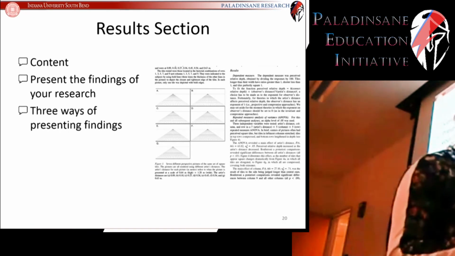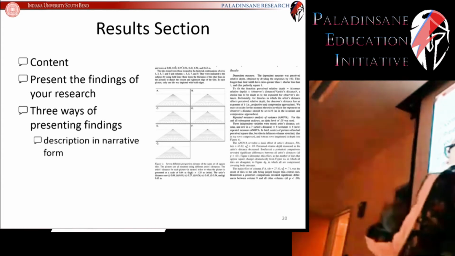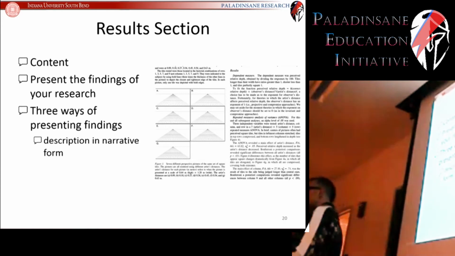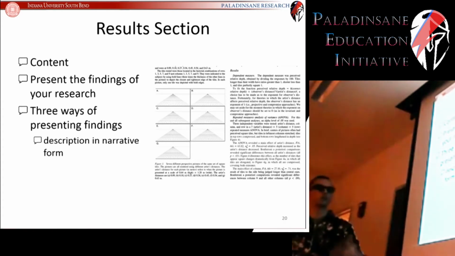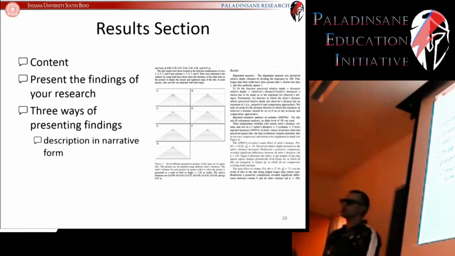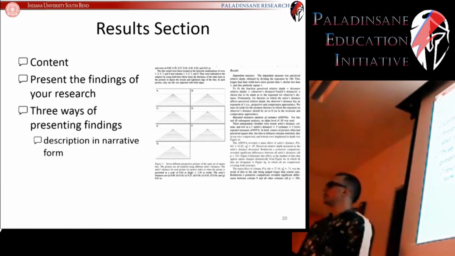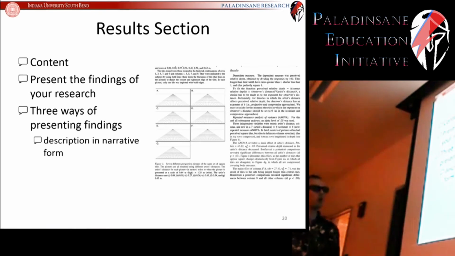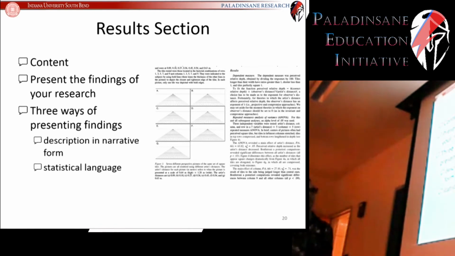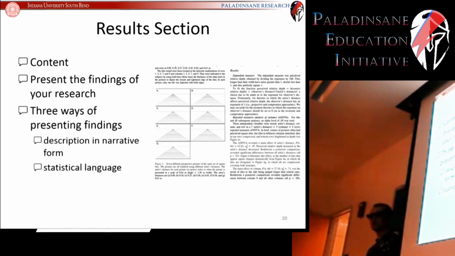There are 3 ways to present findings to help your reader understand what's going on. We're going to use 2 of those 3 in our first draft of the results section, and then in your final draft you're going to add the 3rd. So we are going to have description in narrative form in our results section. We're going to tell the reader in as plain language as we can, describe to the reader what happened in our experiment. We're going to use statistical language, so we are going to talk about p-values and F-tests and